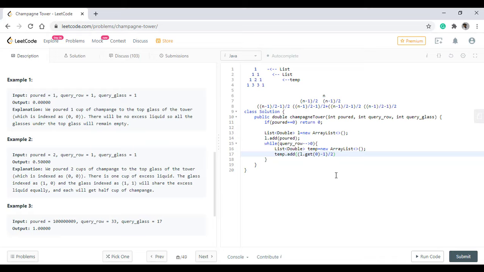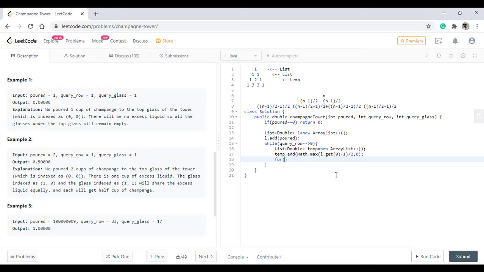Now there is one more thing, that there will be a scenario when the spill cannot happen. In that case we need to make sure that the value doesn't go into negative state. So that's why we take math.max of this value. This is a very important step.